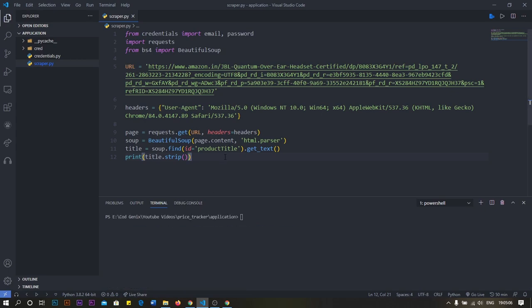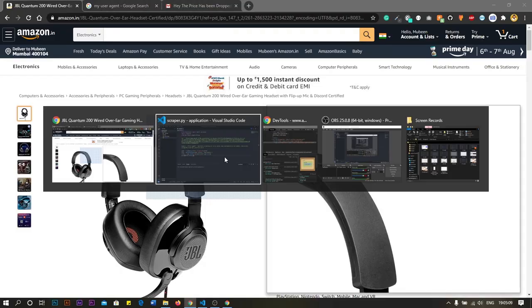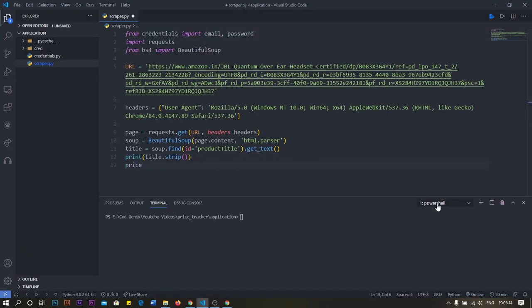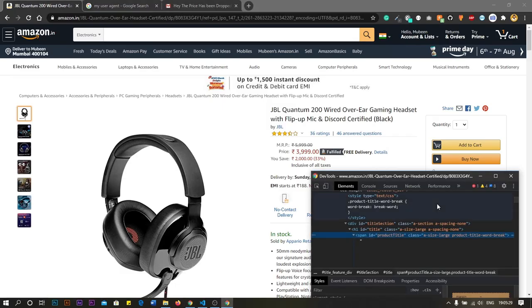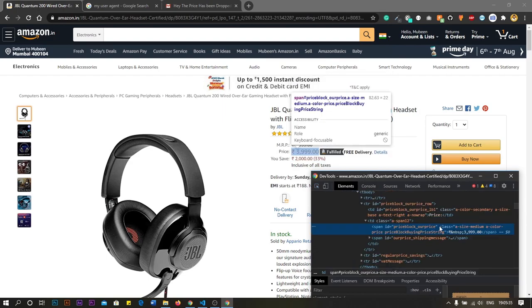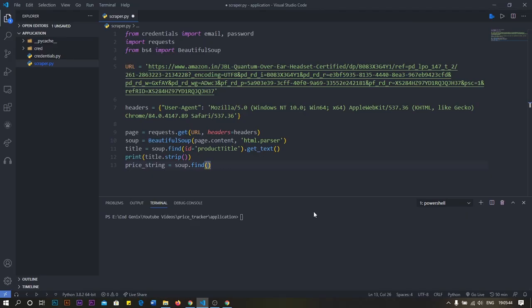So let's not remove this. Let's go ahead and create a variable price string, because the value that we'll get will be in string format. So we have to convert it into int so that we can compare it with the value that we want. We cannot compare strings, but we can compare ints. So we go here and we go soup dot find. Now we need to mention the attribute that we are searching. So let me check what they have for the price. So we go here and we see this. You can see the ID that is price block underscore our price. So yeah, we copy this ID and we come here in our code and mention that here.